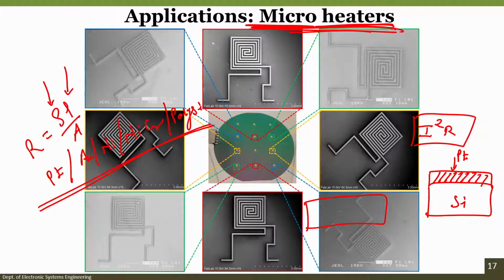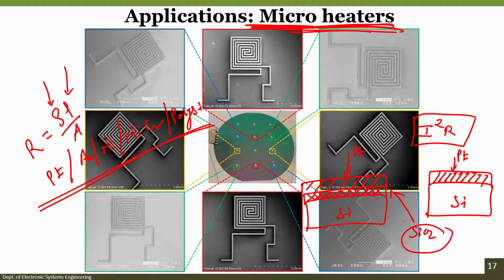You can take a silicon wafer, grow silicon dioxide, and over the silicon dioxide you can deposit platinum. So, this will be your silicon dioxide. Okay. Over silicon dioxide you can deposit platinum. Now, this will not short because silicon dioxide is an insulating material.